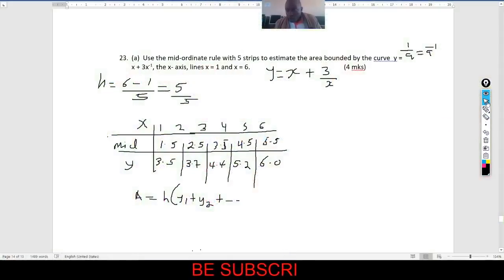So we move up to yn, not n minus 1. Up to yn, that is the last y. So we add all of them and times the height. Our height is 1 into, now we add all of this,